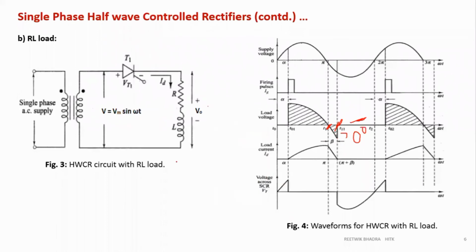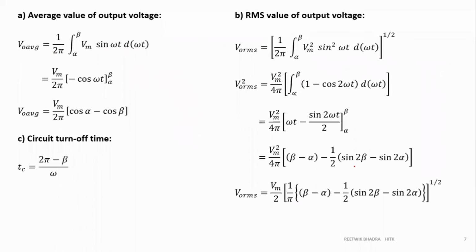Now you see the waveform from here. From where is it starting? It is starting from the alpha point. Again, it is a half wave rectifier, so the time period will be 2 pi. And it is ending at this point, beta. Or if you take this waveform, it is ending at pi plus beta. Whichever you want to take as the limit, you can do it. I have taken the limit as alpha to beta because this is the general convention I always take.